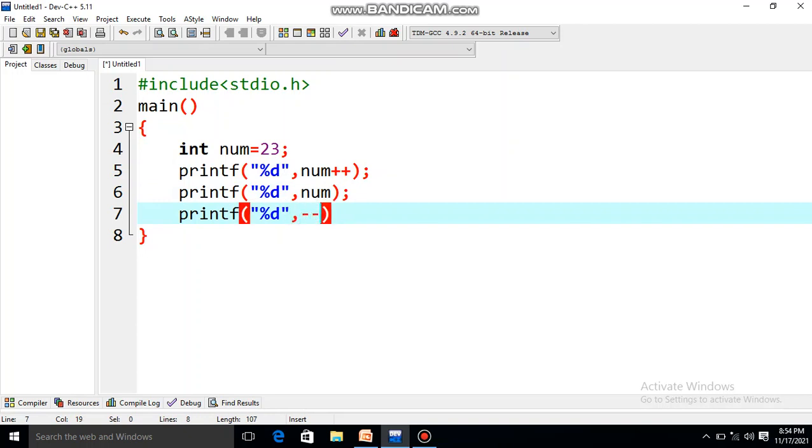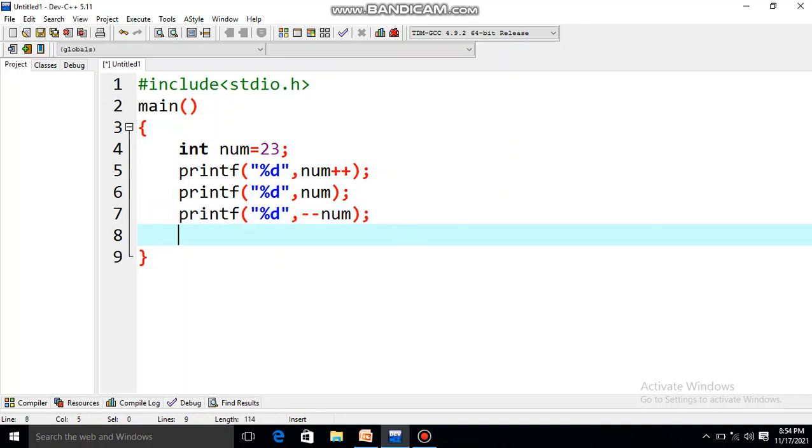You can get this type of examples also, where a chunk of code will be given and you will be asked to write down the output. Now this is a small code example I have written. So now we need to know what will be the output of this program.